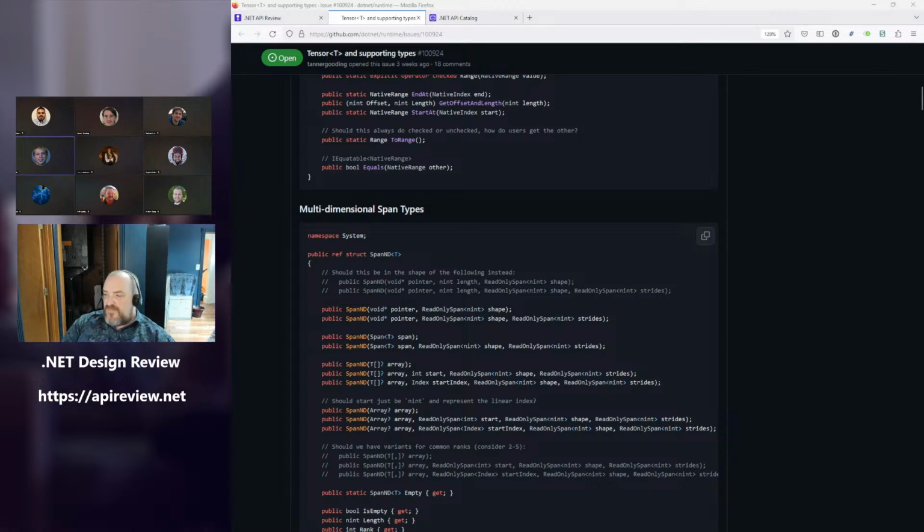It's for sure a span though. Like no matter what, span has to be in the name. Yeah, I think span has to be in the name. Otherwise, we're not going to be able to help let users know that this works just like a span. It keeps the data alive. It is a view using interior pointers on modern .NET, etc.